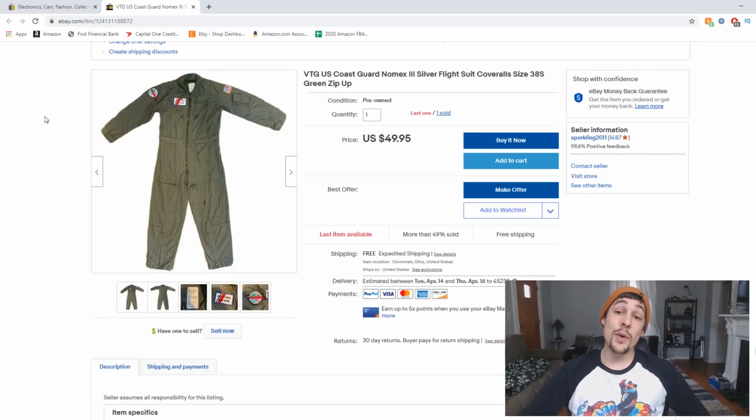This is a vintage US Coast Guard flight suit coveralls. I forgot that I had these. I bought these at a school fundraiser sale earlier last summer at some point, and they just ended up in the bottom of my death pile because they're a little annoying to take pictures of, because they don't fit on my studio setup for me to get good pictures. When I picked these up, I actually picked up 2 of them. As you can see here, I sold one of the 2 that I had, sold for $49.95. And it actually sold pretty quickly. Once I actually got it up and listed, it sold in under 2 weeks, so I'm hoping the other one